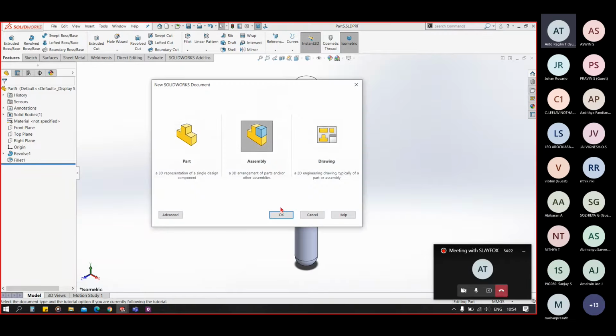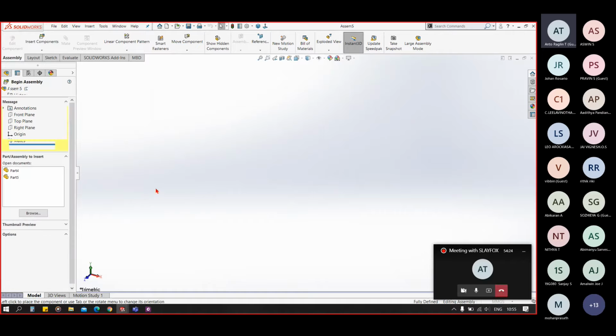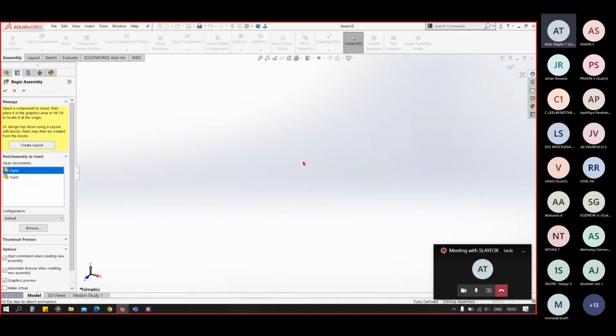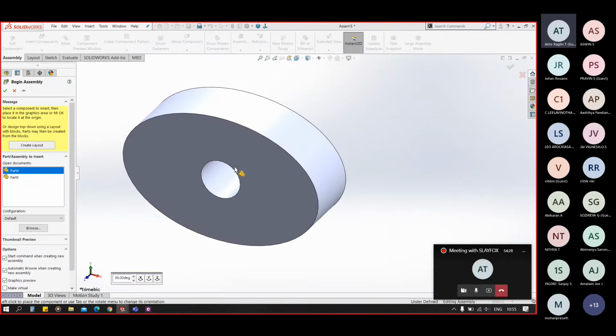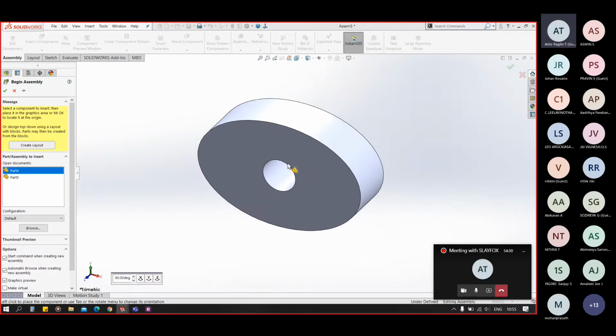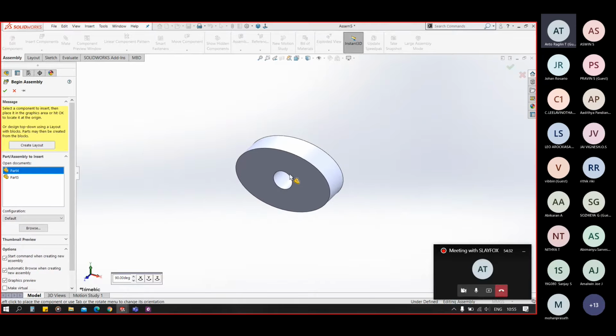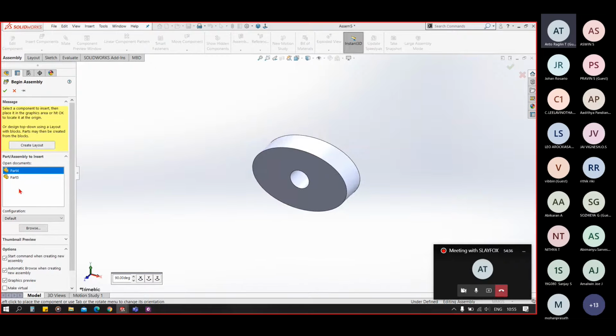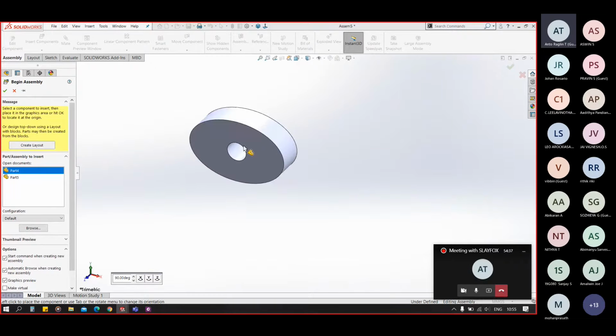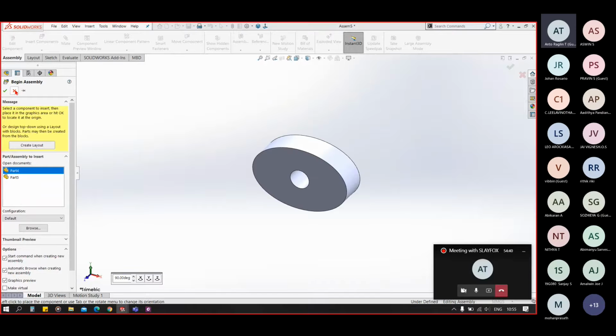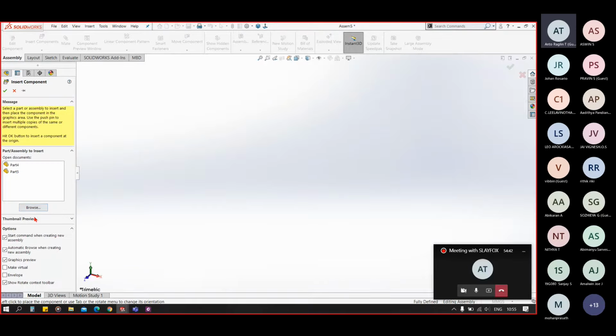Now let's go to the new assembly, create a new assembly. Okay, not this. This is not my first part. Okay, I have to insert a shaft for it.